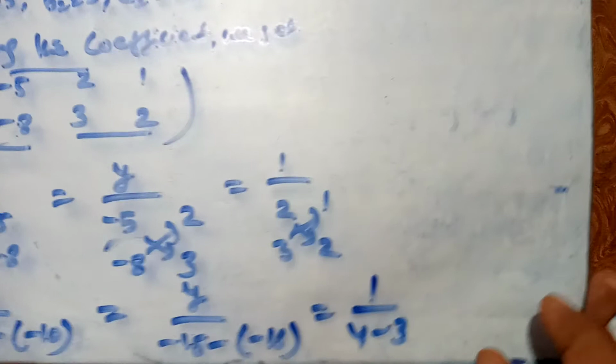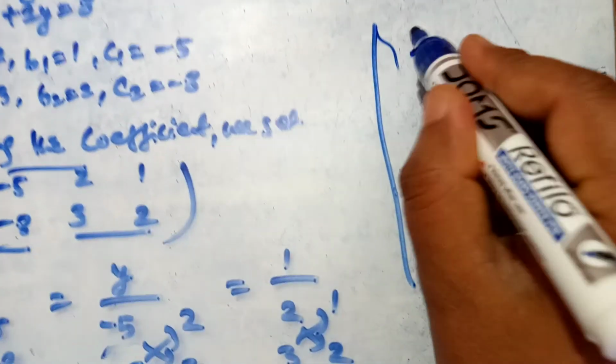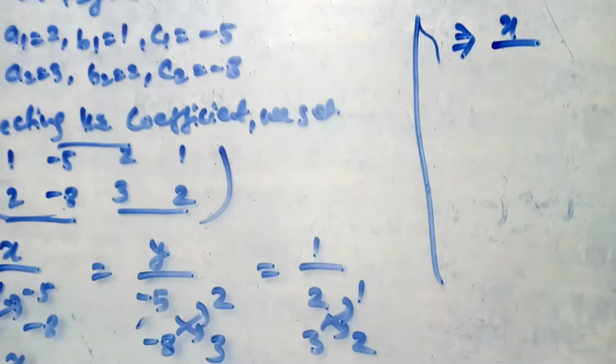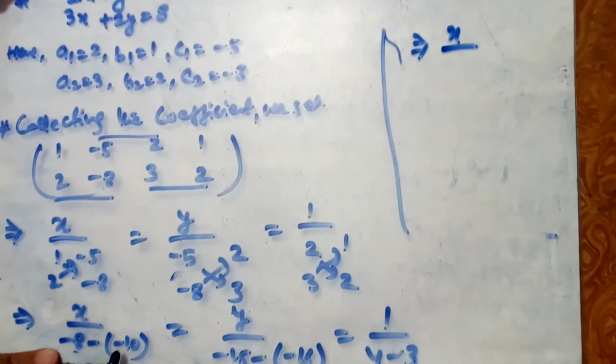So we got this. Next, this further implies x by -8, minus into minus becomes plus, so plus